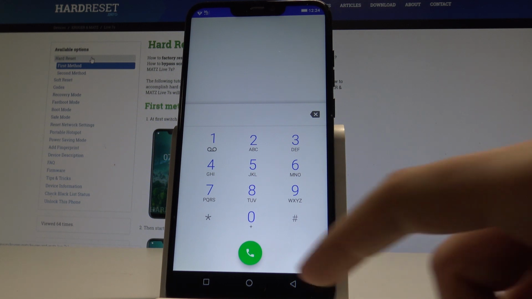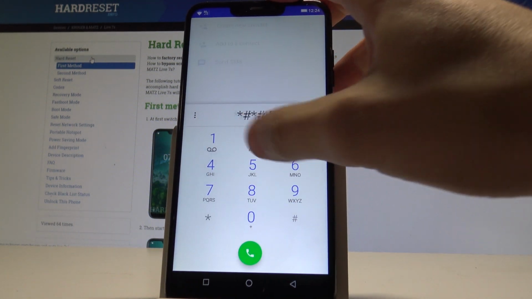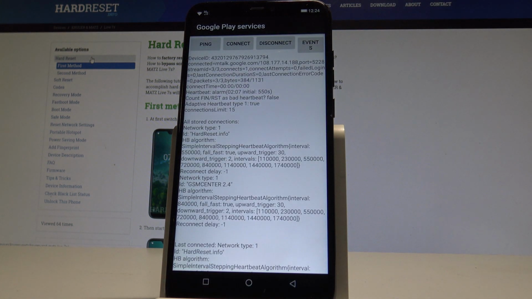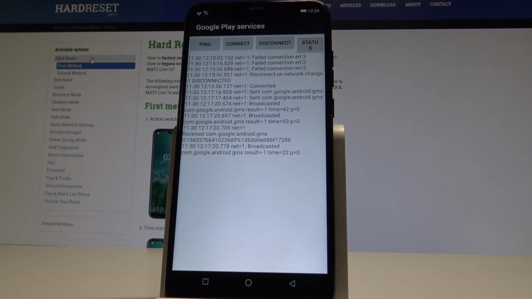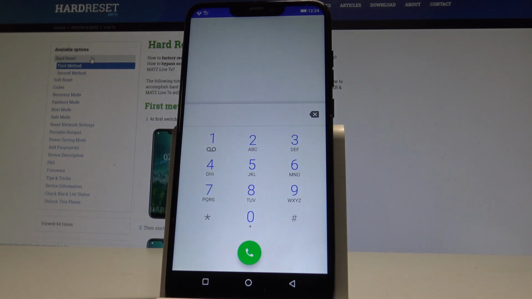So you need to use this code *#*#426#*#*. The Google Play service just pops up, so here you can read the ping, connect, disconnect, events and status info. Let's go back and at the end let me show you how to check the email number by using